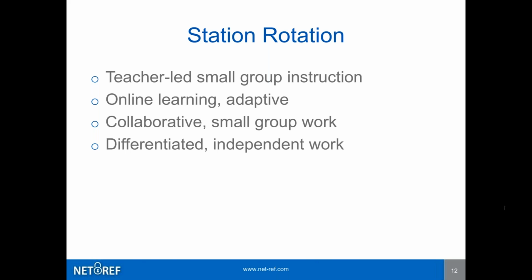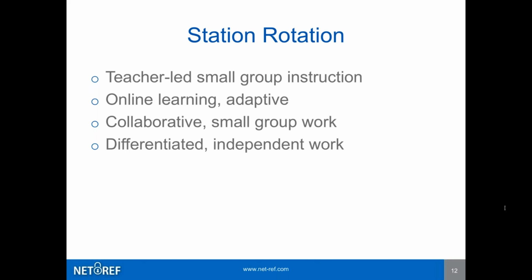Within the other stations, there's flexibility to design learning experiences that are engaging, that are tech-rich, if everyone's going to have technology, or might not be tech-rich. So remember, this is a model that's really popular when there's only a couple devices, but I can share with you from my own experience. I work with schools where every student has a device and they are in the station rotation model, maybe using tablets at a station, maybe not when they rotate.